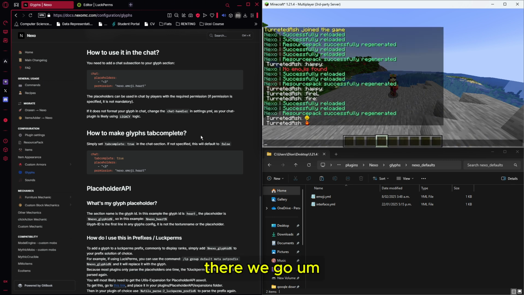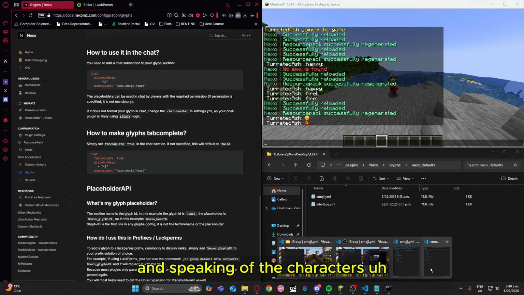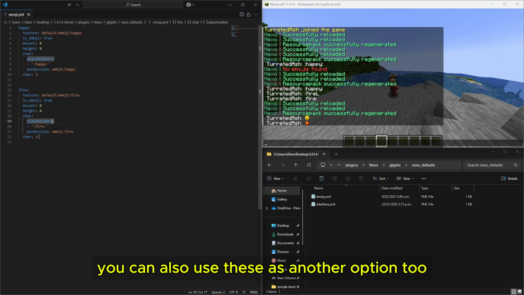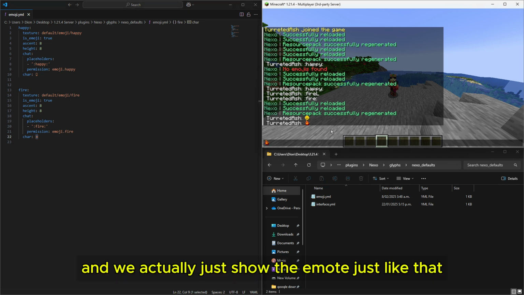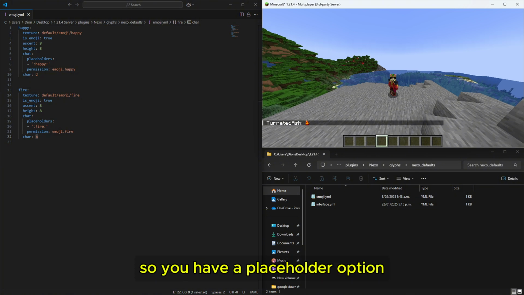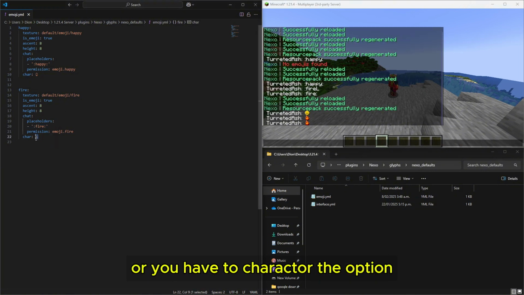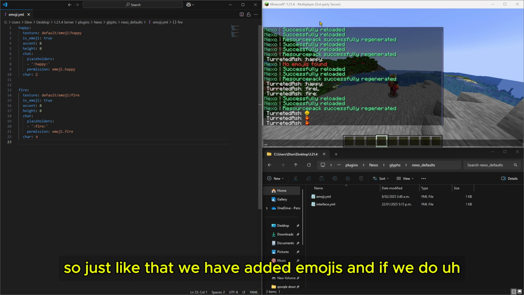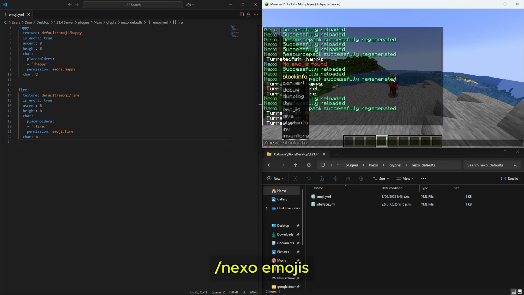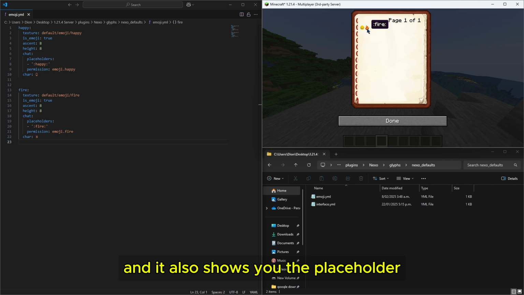there we go. And speaking of the characters, you can also use these as another option too. And it will actually just show the emote just like that. So you have a placeholder option or you have the character option. Obviously have both of them. It's not going to matter, but having both of them is quite good because you have two options. So just like that, we've added emojis. And if we do Nexo space emojis, it will now show them up here, and it also shows you the